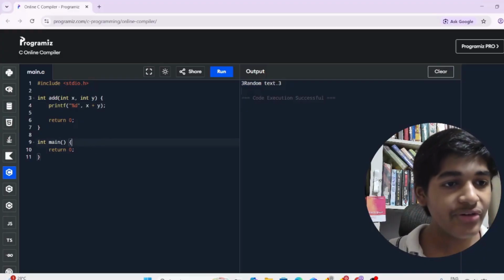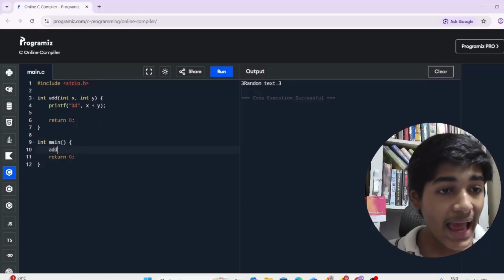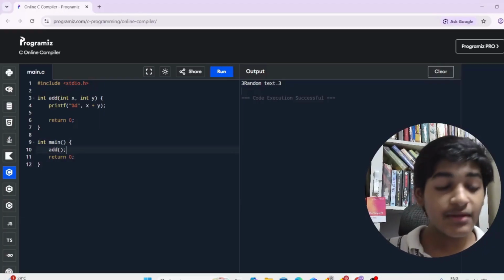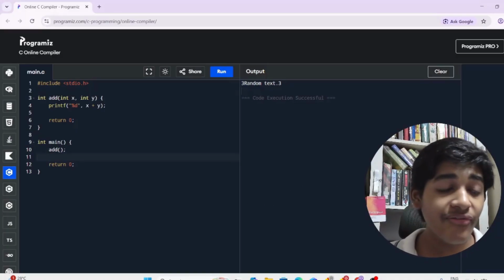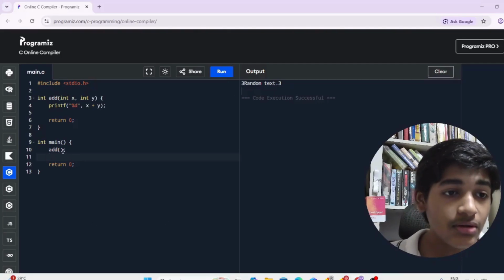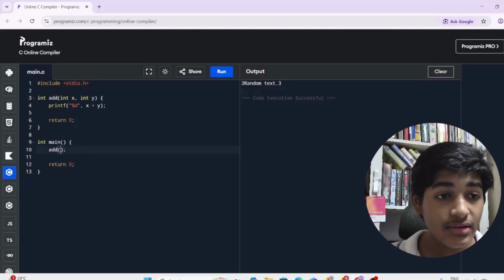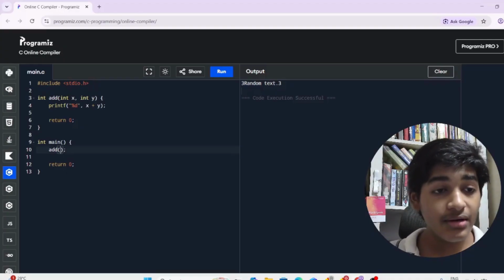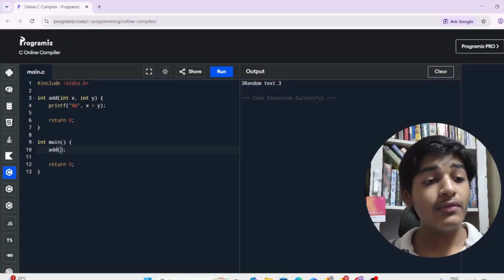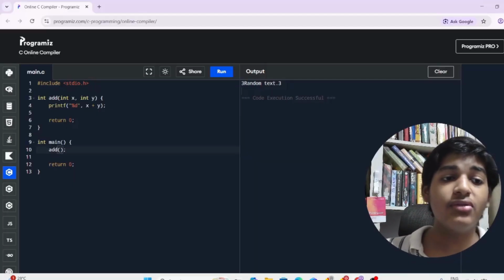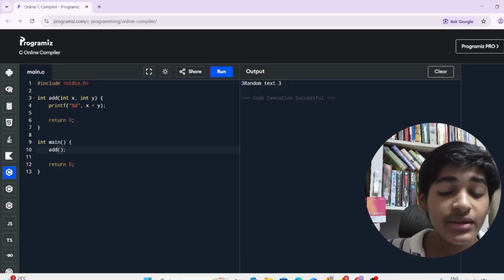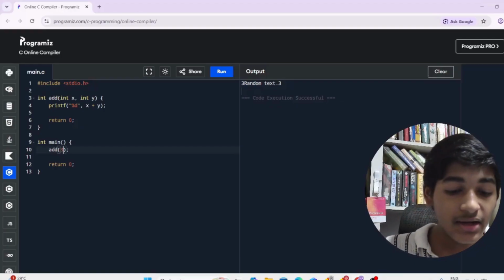And here in the main function, if I call add and put a semicolon, it will throw an error because I haven't specified the value of x and y. So how do I specify the value of x and y? Here I need to write the first number. The first number which I write will automatically go to x. The second number I write will automatically be assigned to y. Suppose I want to add 3 and 4, I'll write 3, 4,